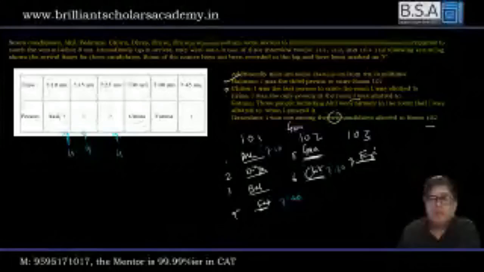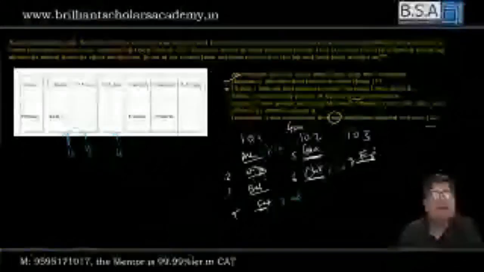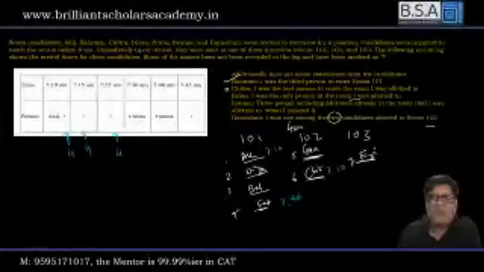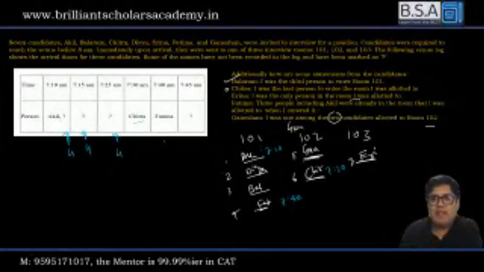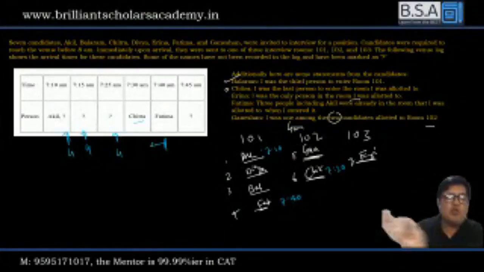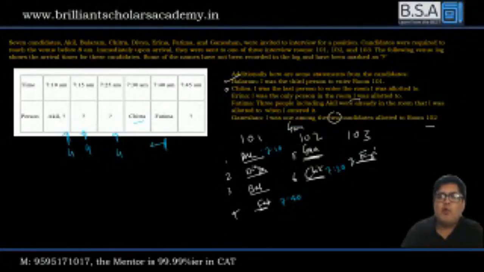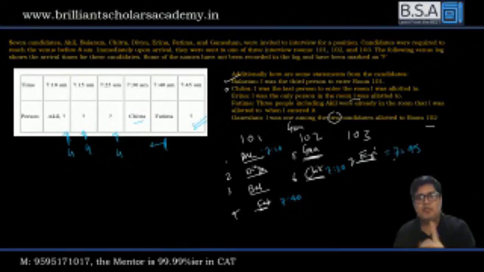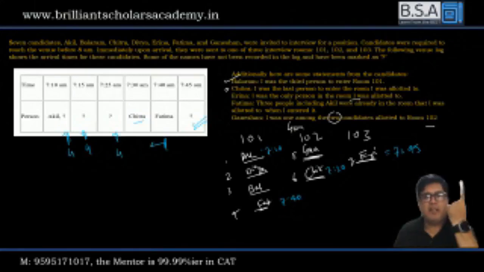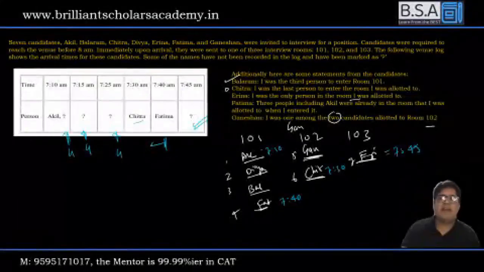Now, Divya and Balram. They must come before 7:40. So Divya and Balram are also before this time. So who must be the person arriving last? So see, by keeping a pattern in mind, by keeping this idea,